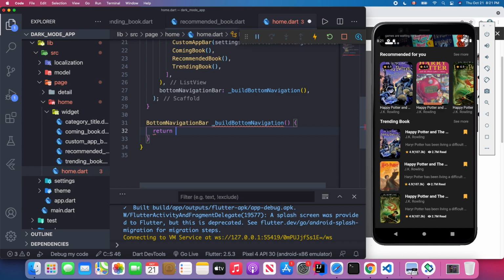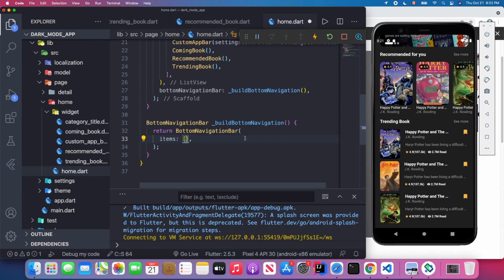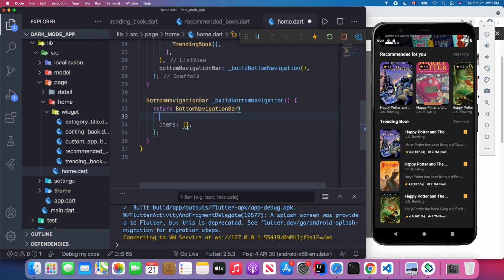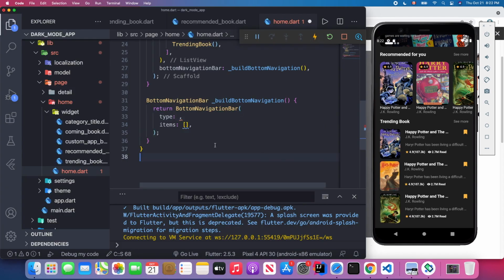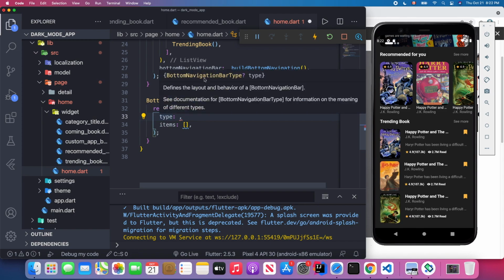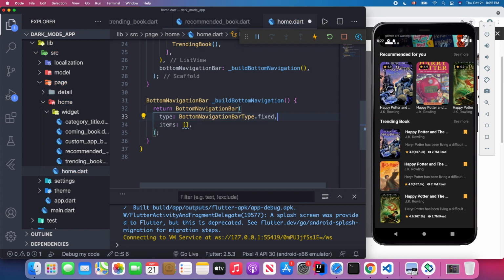So we're going to return a bottom navigation bar. It contains the required attribute, which is items. But before we fill out these items, we're going to set the type. Since we have four navigation bar items in our bar, we're going to change the type to fixed: BottomNavigationBarType.fixed, and also